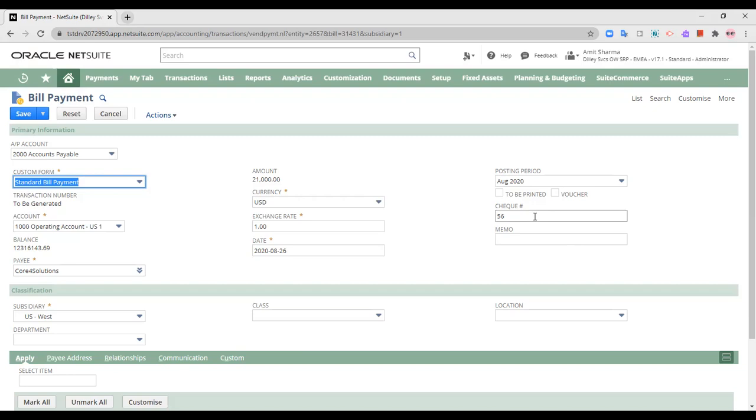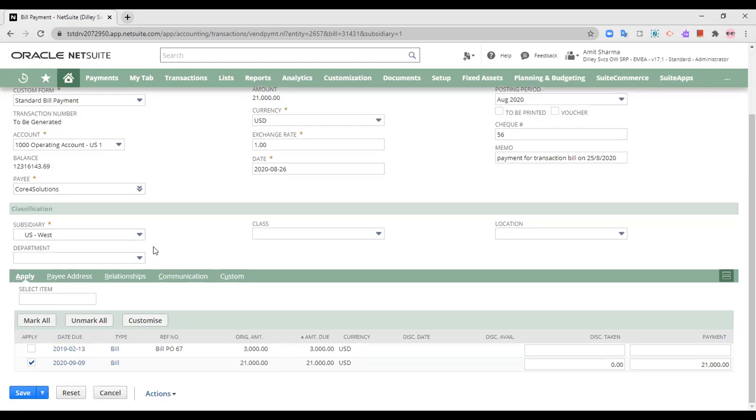Check number, any memo like payment for any transaction, so any kind of memo that you would like to add. Subsidiary is automatically taken from here. You can of course classify into a class, location, department.